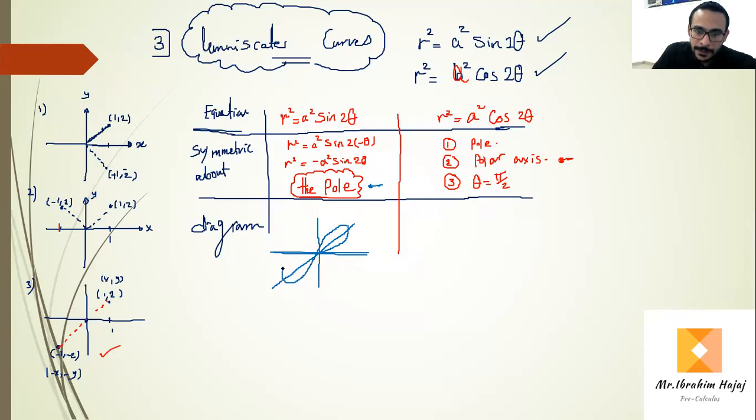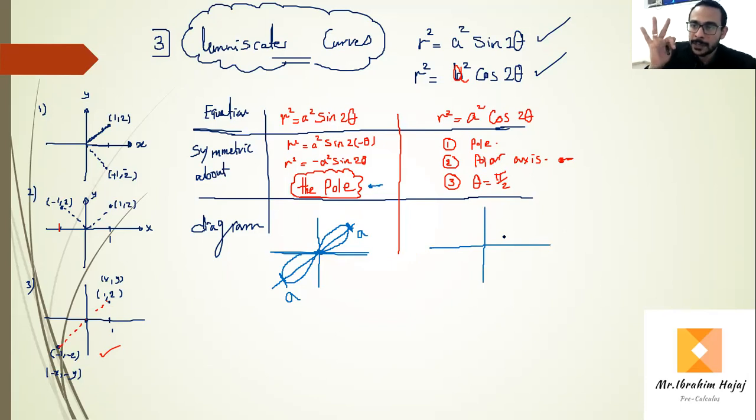Pay attention, please, like the infinity sign. And the value of a: we moved a units, not a squared, here a. We moved from the pole, from the center, a units, and moved down 8 units, and it is symmetric about the pole. The graph of r squared equals a squared cosine 2 theta is an infinity shape and symmetric about the pole and